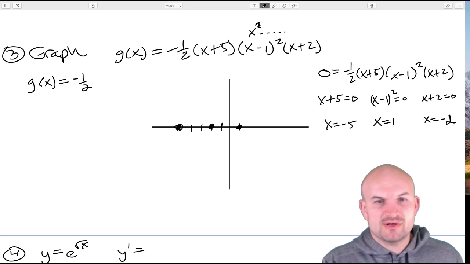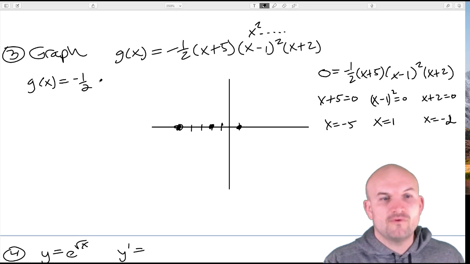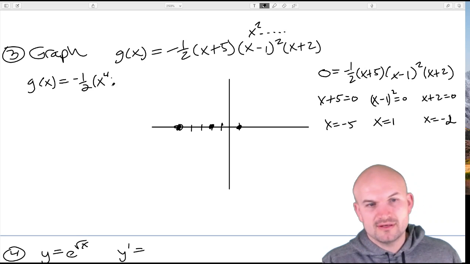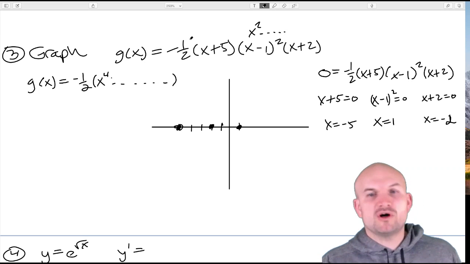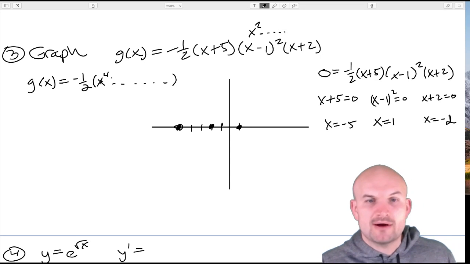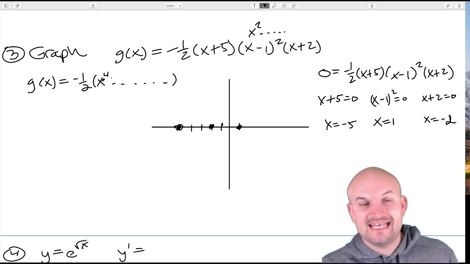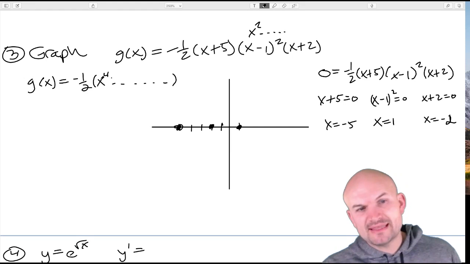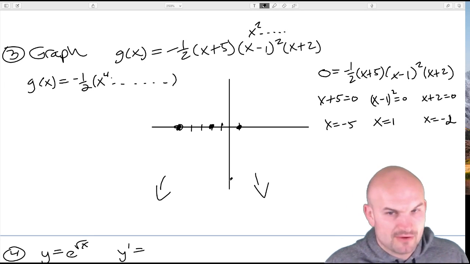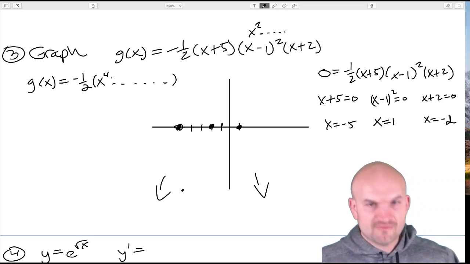If I multiply an x squared times another x, that'd be x cubed. Multiply by another x, that'd be x to the 4th. So I don't know what everything is going to be, but I know it's going to be an x to the 4th something, right? If you were to multiply this out, the highest power you would get for your variable x would be the 4th power. Now, I recognize that's an even power, but since my leading coefficient is negative, the leading coefficient test for the end behavior tells me my graph is going to fall left and fall right.